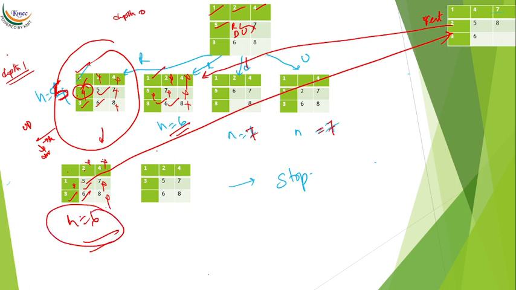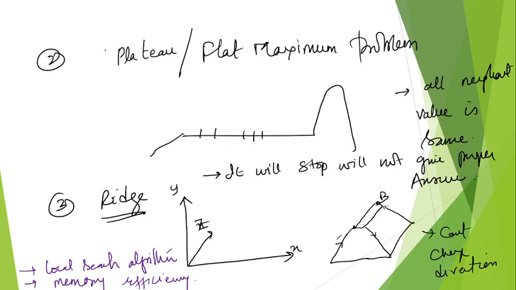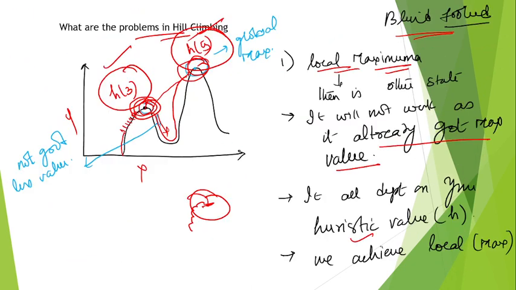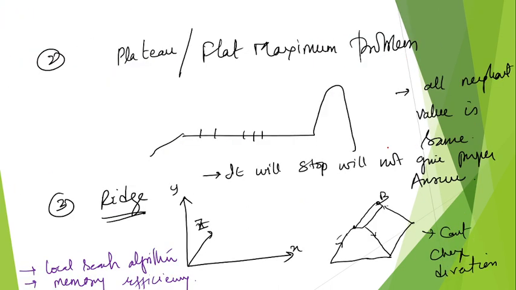If I'm getting more, it means I have to stop. This is my best. We have to get the minimum heuristic value. Minimum heuristic value I'm getting means this is my best position. Look at it here. If I'm going up, again I cannot go up. This is my best position. This example done, we will also solve one more problem.